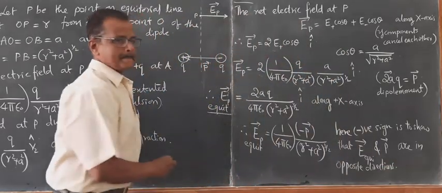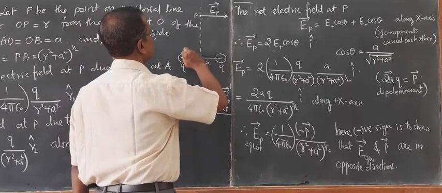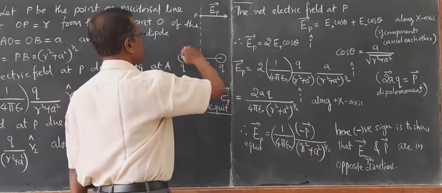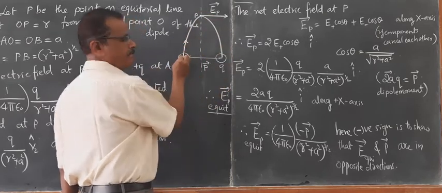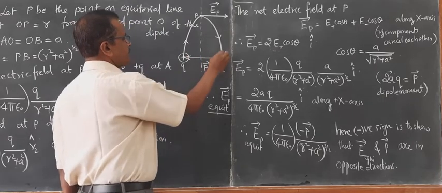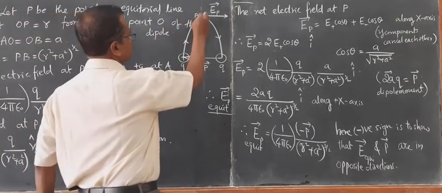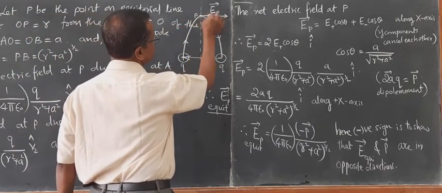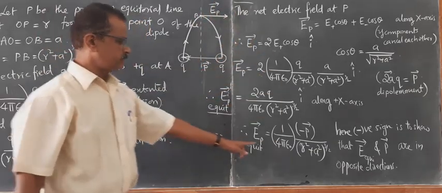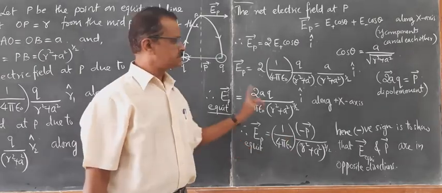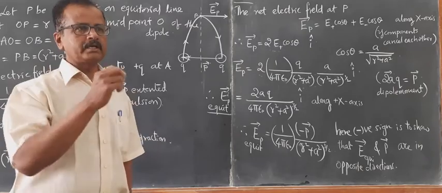Even if we draw an electric field line here, we can draw an electric field line passing through point P. Look here, this will be a curved line, right? Emerging from positive charge and meeting at negative charge. If you draw a tangent at the point, the tangent is again pointing along the direction of electric field as we have obtained. So this is evident even from the direction of the curved electric field line.